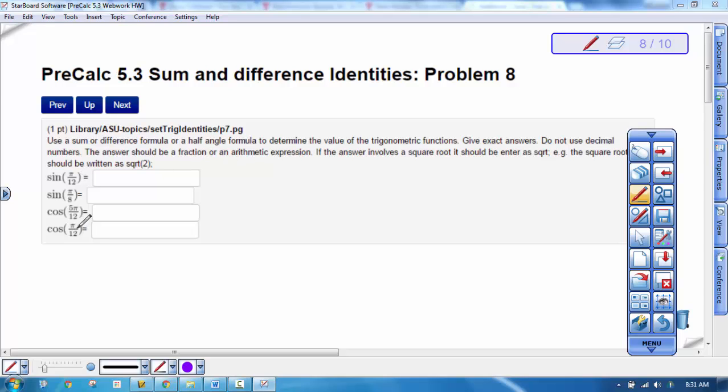Okay, the next problem is we want you to evaluate all these. I don't have time in the video to do every single one, but I'll show you the hard part, which is getting this angle into a sum or difference. So I always do this, I convert it to degrees first, so pi over 12. To convert that to degrees, we're going to multiply by 180 over pi. These cancel and we get